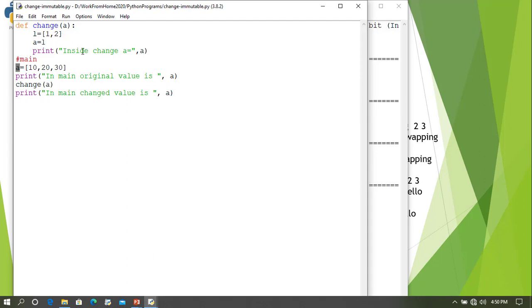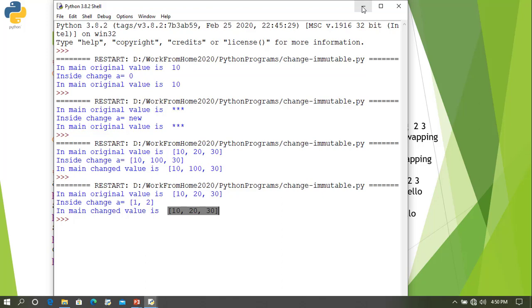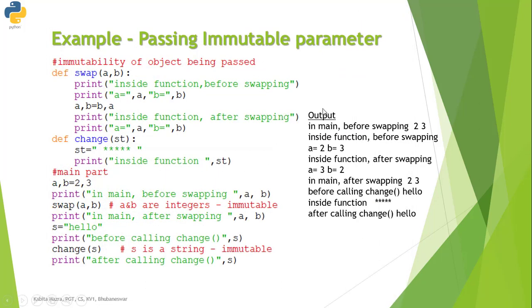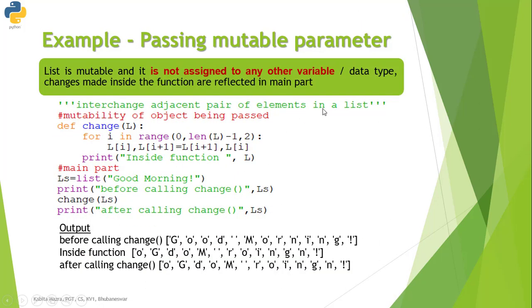So inside the function it is referring to L, but outside it is not referring to the same location. That is why the changes are not reflected. So this is all regarding the mutable and immutable properties.